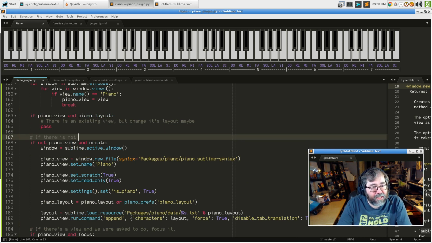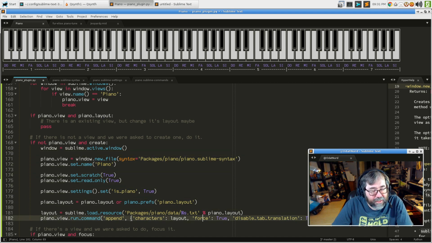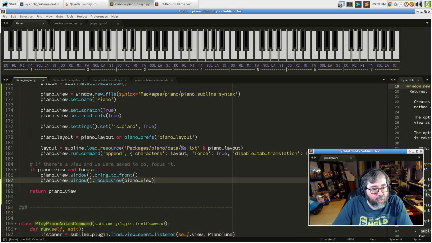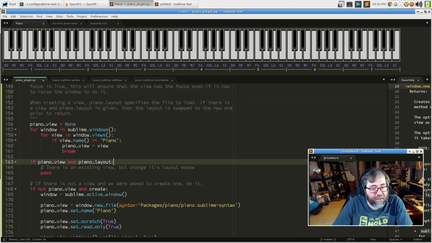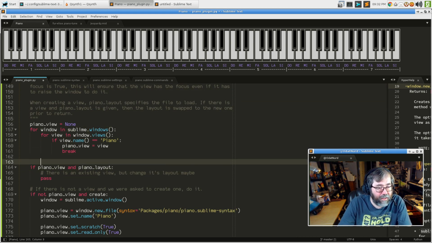If there is not a view and we were asked to create one, do so now. And there we go. So that's those two done. Now the last one is this. If there's a view and we also got a layout,